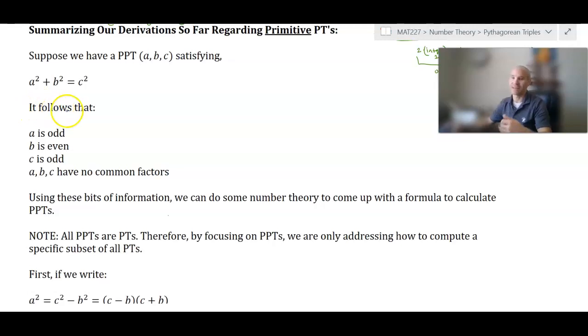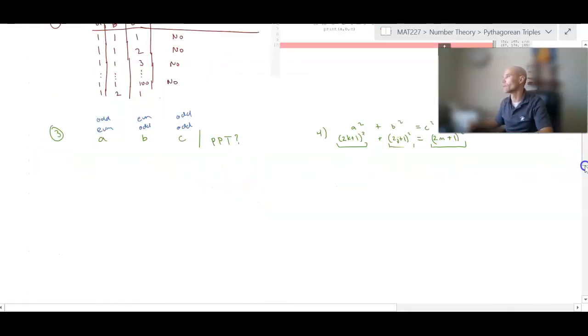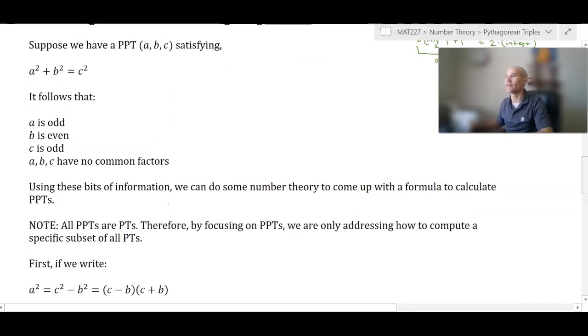That it was kind of like this obvious little tidbit that we could generate more just by having one of them. We've learned also that a is odd, b is even, and c is odd. Now, a and b could switch. a could be even and b could be odd, but it makes no difference because you're adding them, and a and b are just names that we give them. Okay, so now the question is,